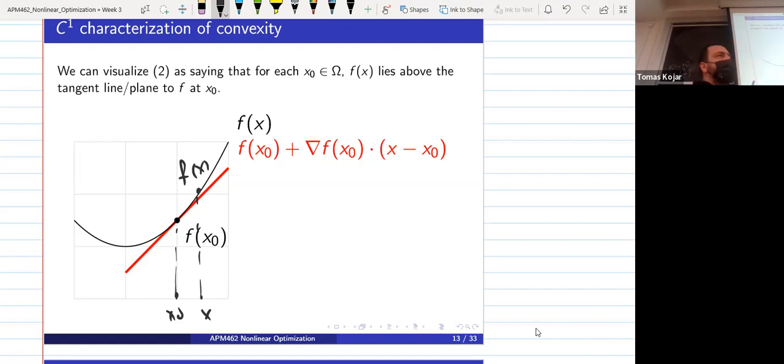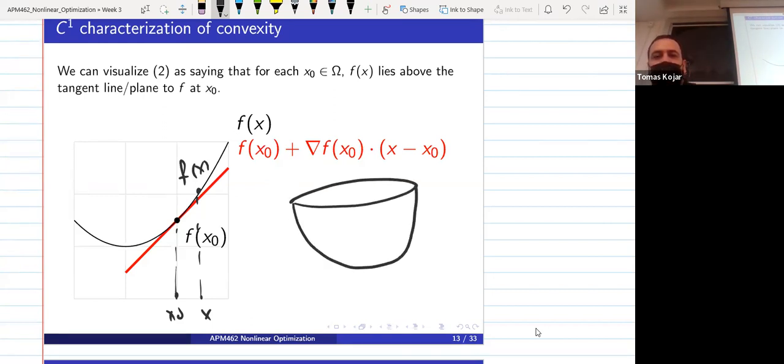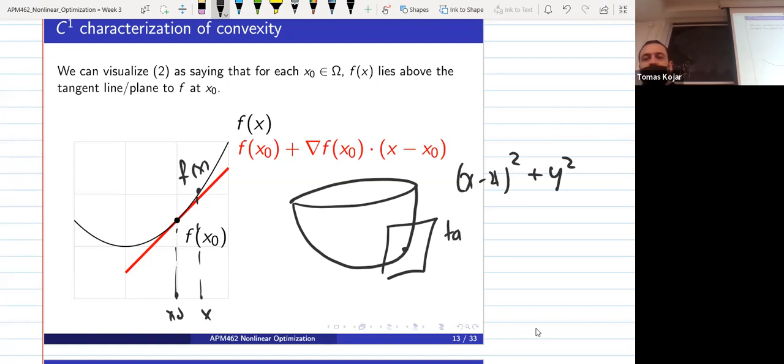Okay, we talked about this, right? About x of t being below the secant, but this generalizes to higher dimensions. So I should have put it here. So here's the one you just gave me. It could be like x minus 4 squared plus y squared, without the x squared, because I don't know how it looks. This guy is convex, and you can do it with an eye test, because the tangent plane